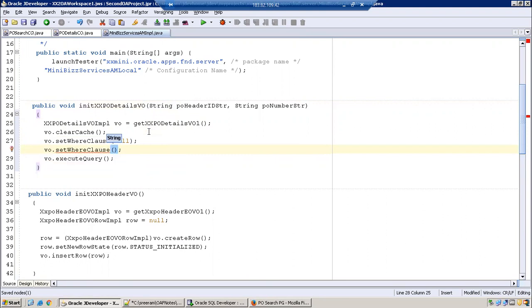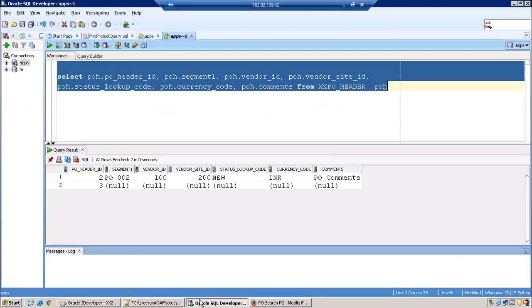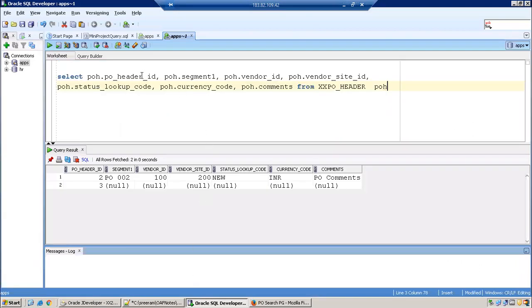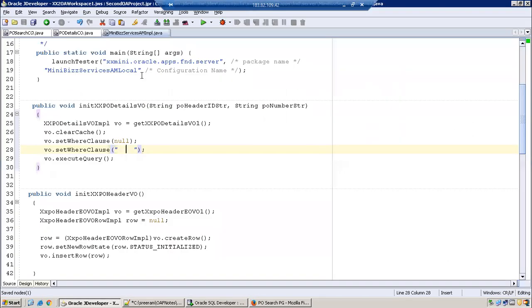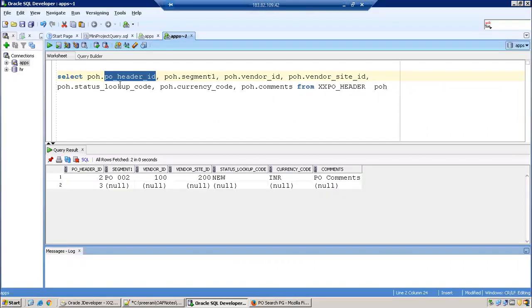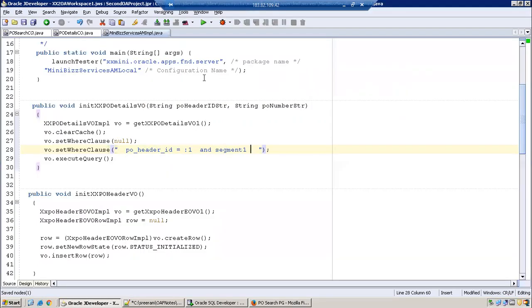Set where clause. And then now we are adding up the query at runtime. So what I want to add is header ID equal to :1 and PO number equal to :2.